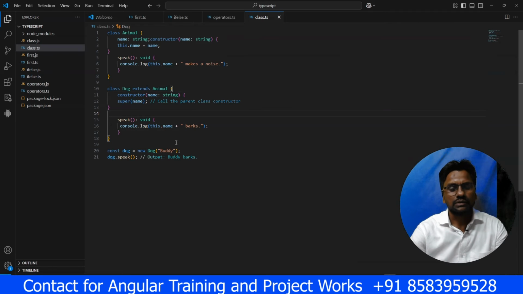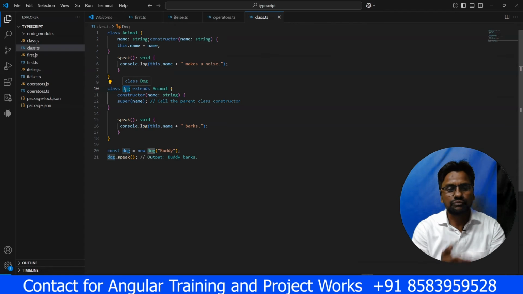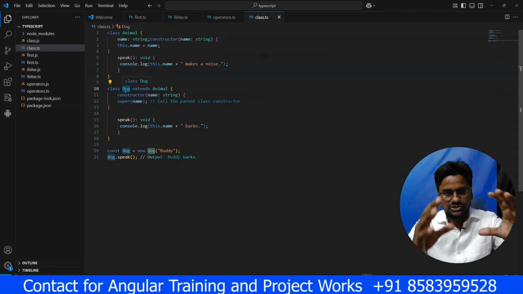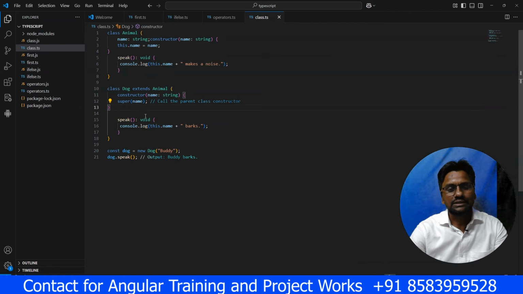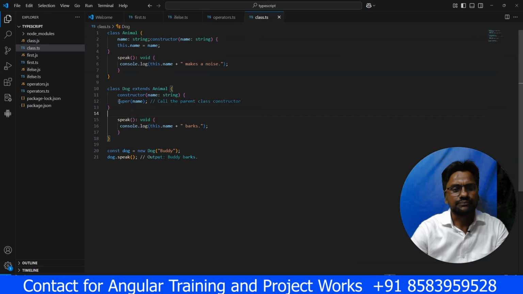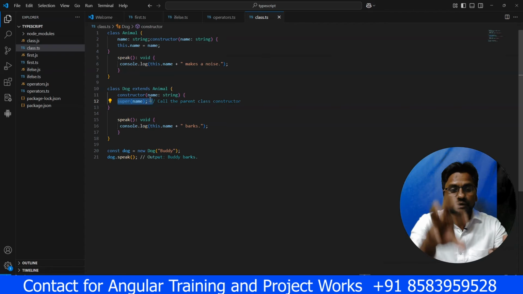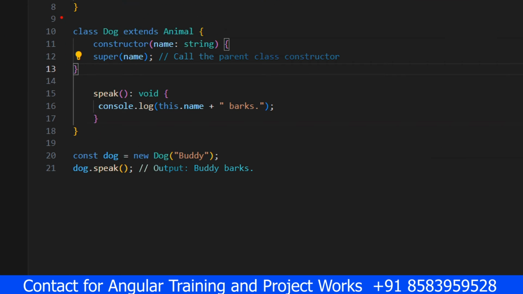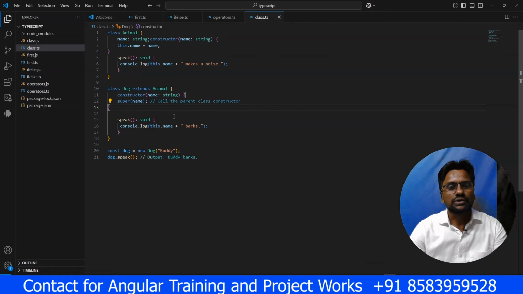That means this dog class will have properties of its own as well as the properties of the base class, the animal class. That means the dog will also have a name, right? Now what we are doing here, you can see constructor name string then super name. This means we are calling the super class, when the word is super, here you can see super. That means we are calling this constructor,